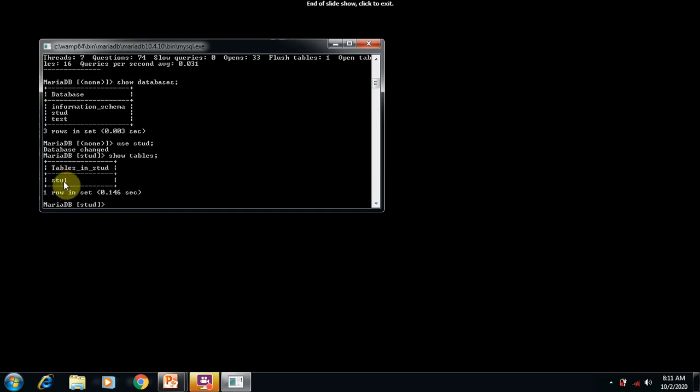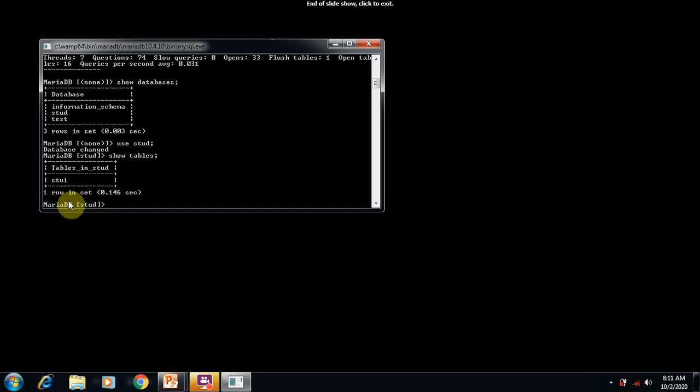So only one table is displayed here, but actually the STUD database contains three tables, namely STU1, STU2, and STU3. STU3 was deleted because of executing the drop table command. So the student database contains only two tables, student1 and student2.